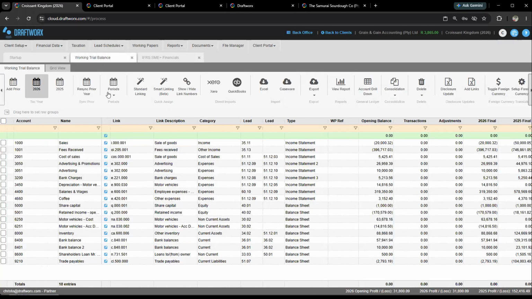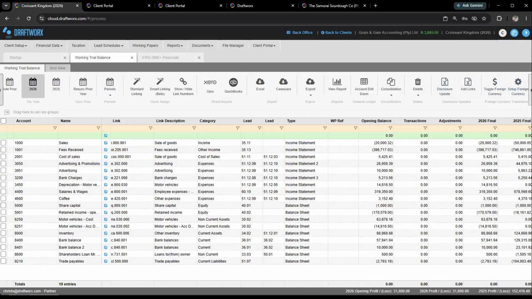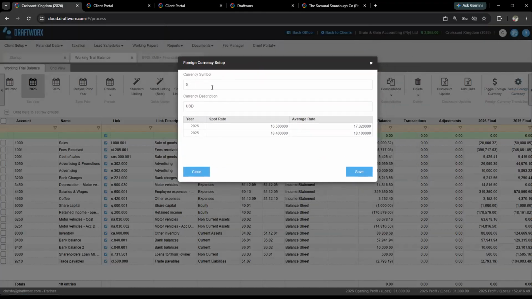So where do I find it? You'll see on the side here. You might have to push the little button to see it nicely. But we've got the foreign currency there. We've got toggle and we've got setup. Now, before we toggle, we have to set up, as I said. We need those rates. So if I click on that, we're going to get a pop-up where we can insert